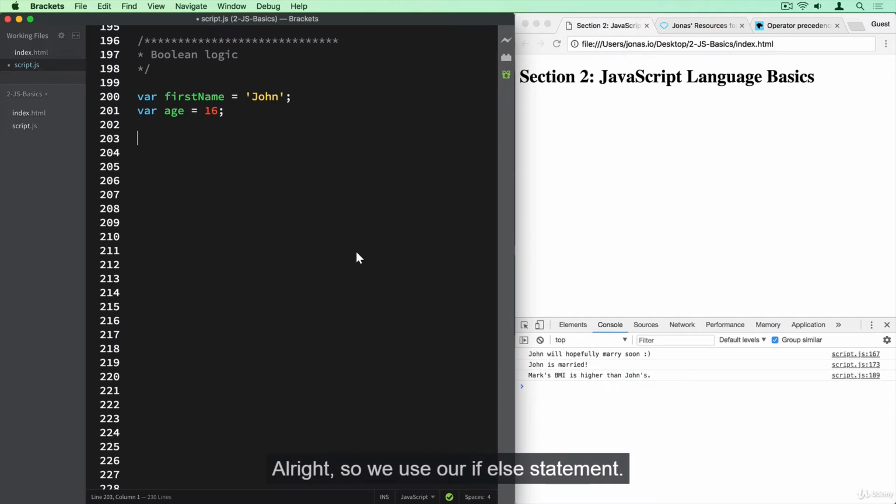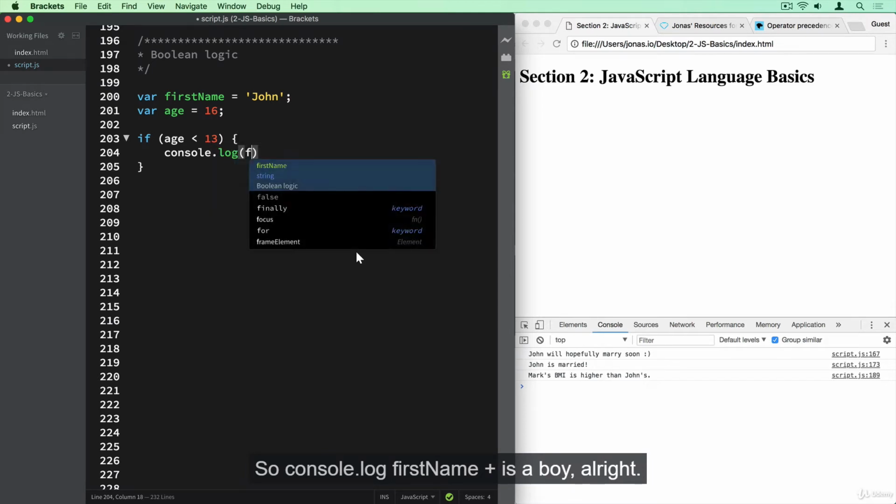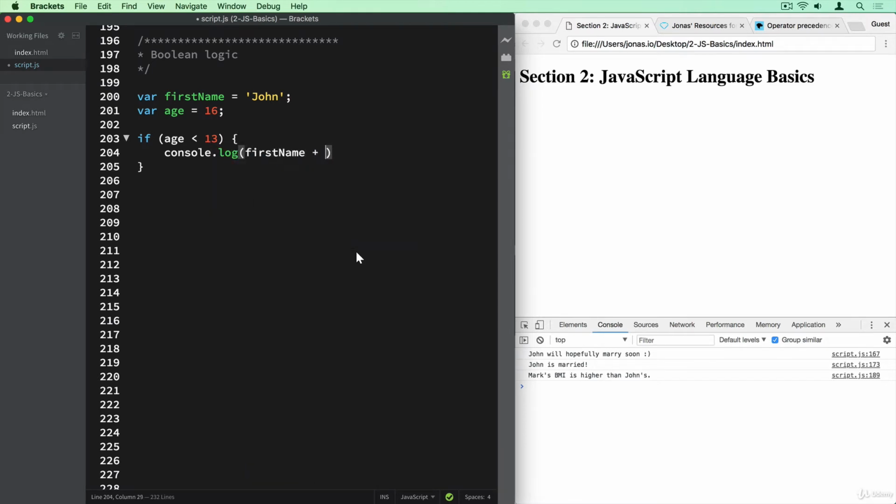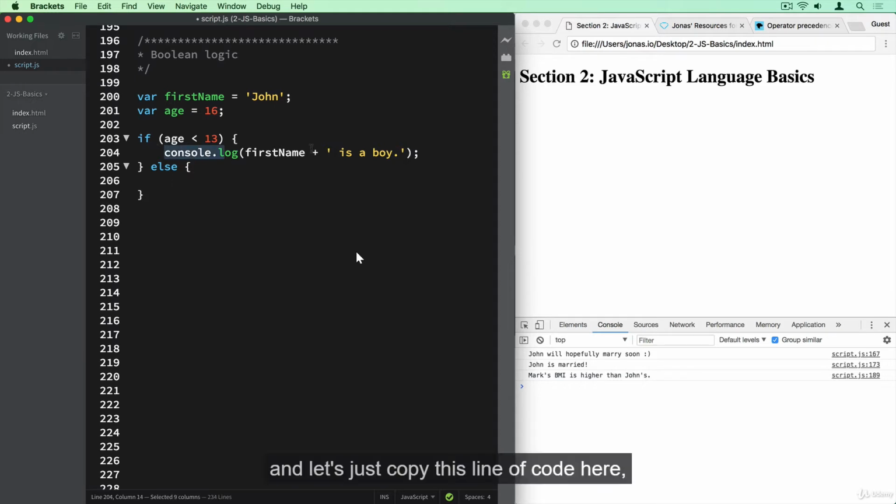All right, so we use our if-else statement, and we can say that if John is younger than 13, then he is a boy. So console.log first name plus is a boy. And then we can say else, and let's just copy this line of code here,